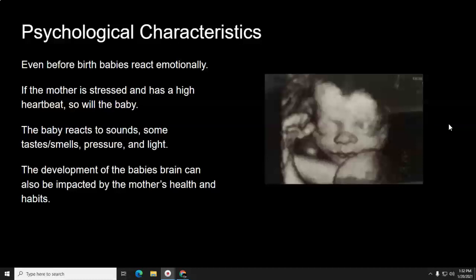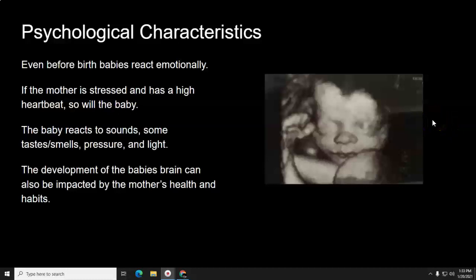And the baby's brain development can be impacted by the mother's health and habits. That's why when somebody is pregnant, it's very important that they eat right, that they take the prenatal vitamins so they make sure they're getting all the nutrition and not missing things out, especially if they're sick during their pregnancy, have morning sickness, and try to avoid habits like drinking or smoking or using substances, and prescription medicines as well. Certain ones can cause bad effects on babies. That's why there's the warning labels that say do not use when you're pregnant.